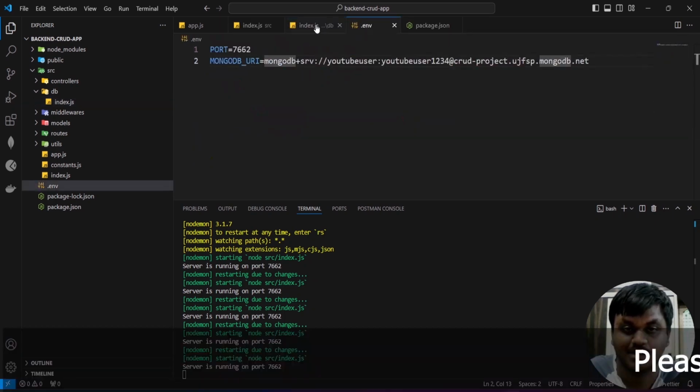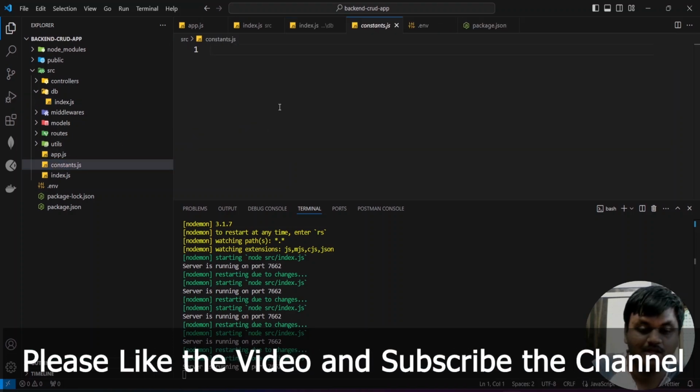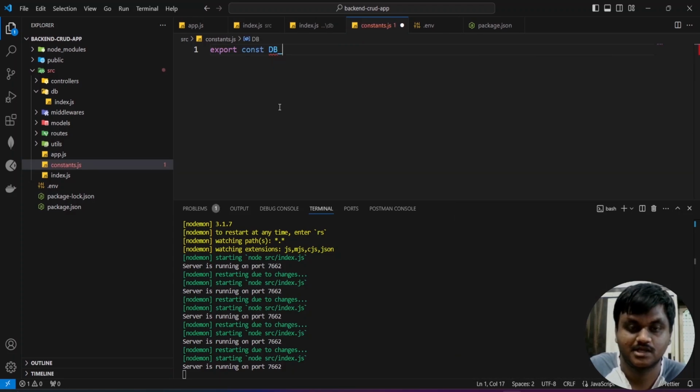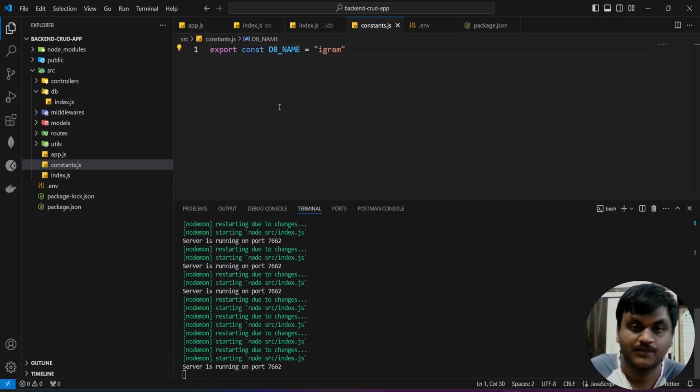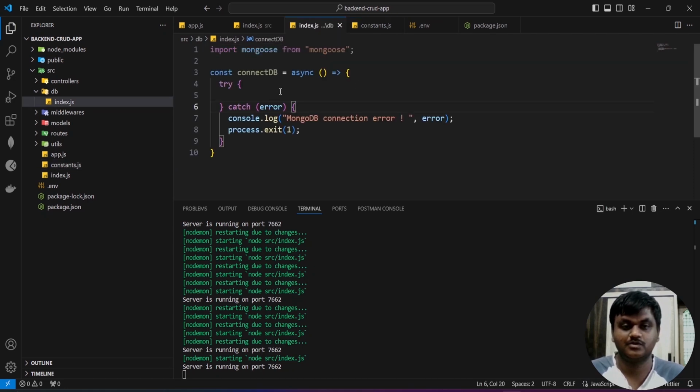db/index.js. Come here, and in the constants file, you have to export the database name, DB_NAME equal to, here I'm going to write igraph. I'm going to make it my igraph, or you can take any name. I'm going to take my database name as igraph, and if you come to my db/index.js, here write